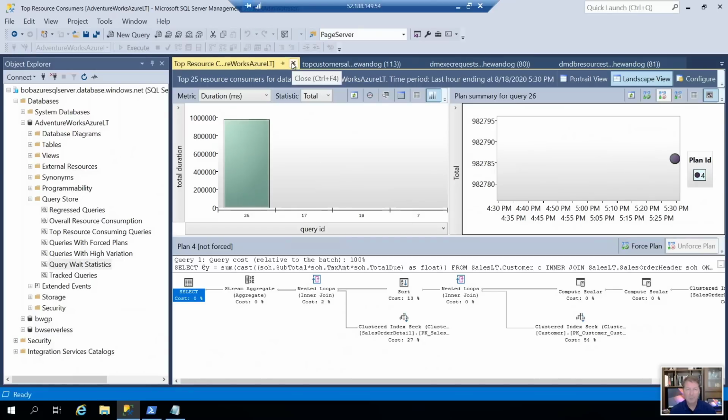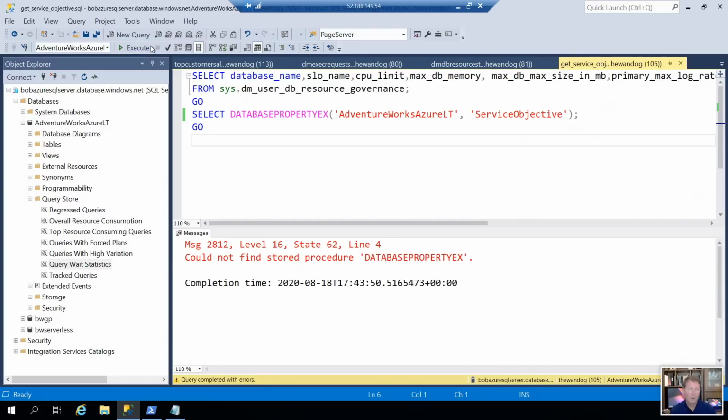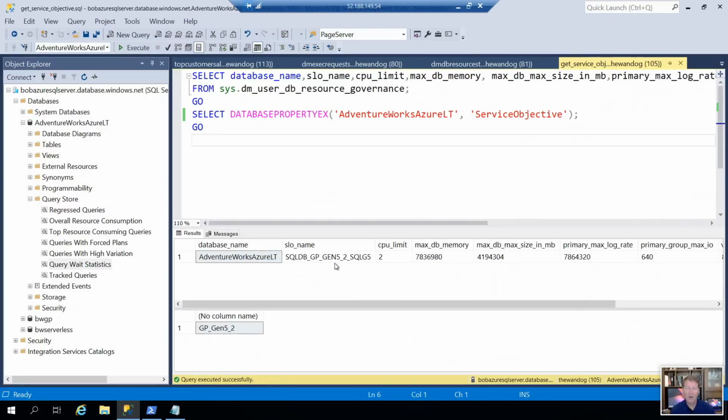I'm going to remove this report that I was running, and I'm going to look over here, first of all, at a query that's going to show me my current CPU core deployment. Remember that DMV we talked about to look at resource limits, but DATABASEPROPERTYEX has also been enhanced to show you something called a SLO, or service level objective. The service level objective falls in line with my general purpose 2 vCore, for example, right? Gen 5 hardware. You can see these names, and we have the documentation that maps what those look like, but you can see here, I'm general purpose Gen 5 hardware 2 vCore. And if I look here, I'm limited to 2 CPUs.